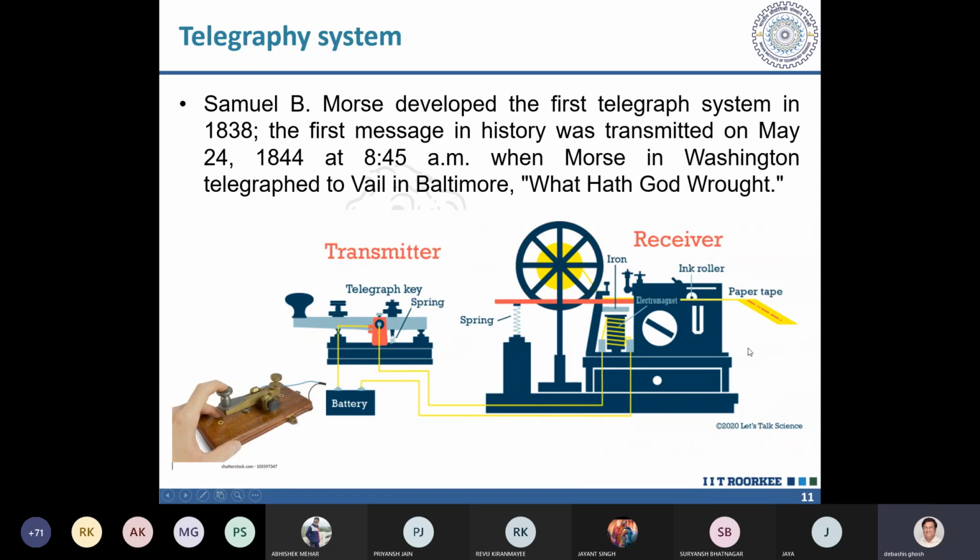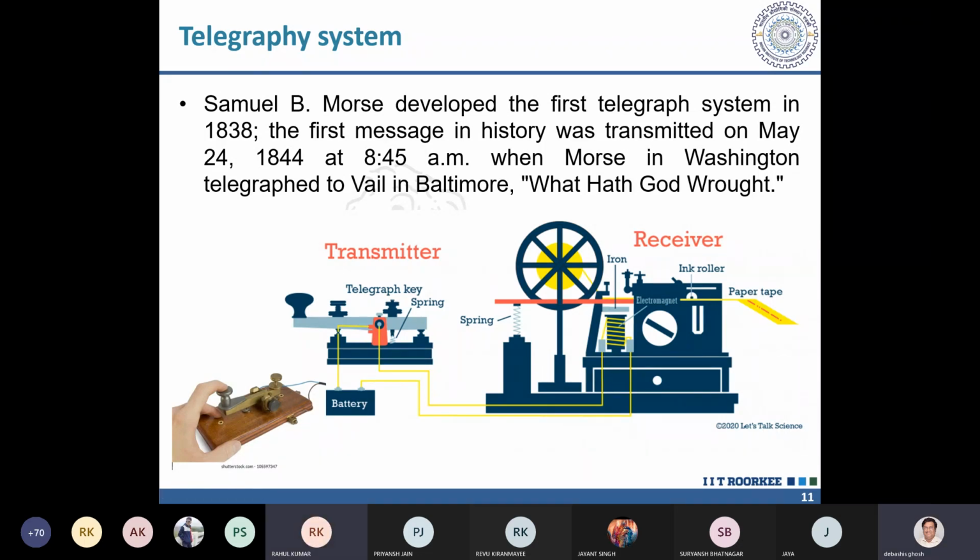Okay, so you need two experts on both the ends. One expert here to convert a message into dots and dashes, and one expert here needs to convert those dots and dashes into the corresponding message. So everything was manual. This decoding, all these things were manual at that time. Nowadays, obviously, it's no more manual. In computer communication, the computer will do it. But in that day, in the telegraphy system, only this part was